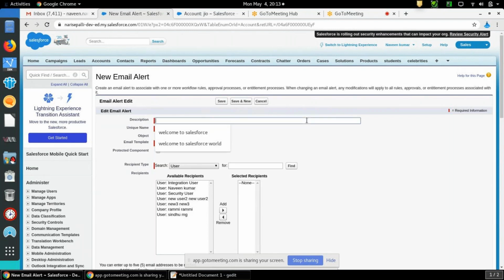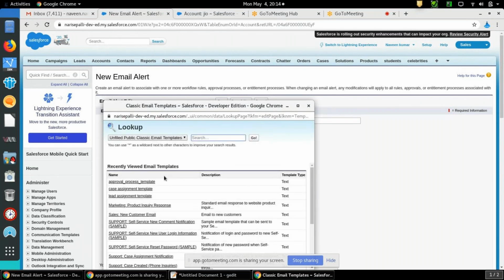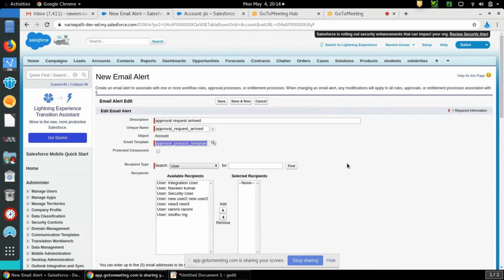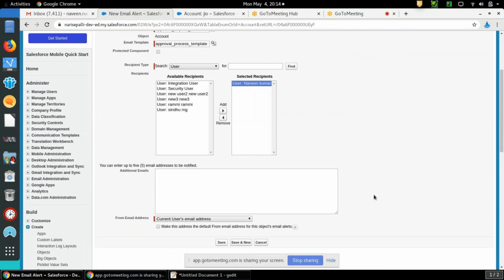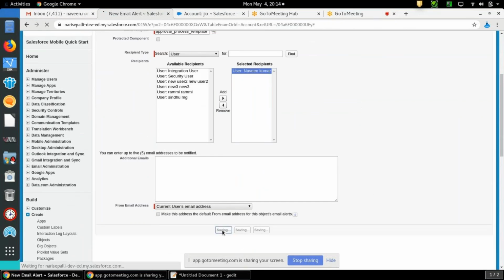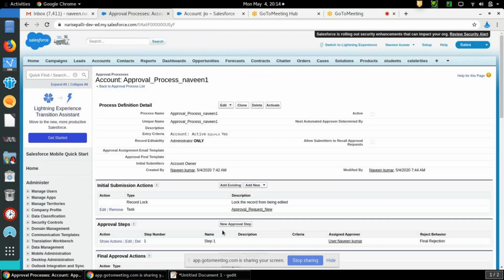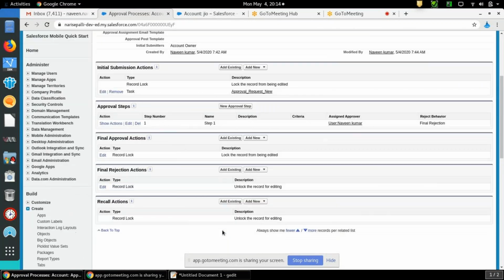So the approval request arrived. Selecting the email template, approval. I have created one email template for the approval process. I am selecting that, and the recipient I am selecting is me, so I should get an email. Okay, click on save. So the second action is completed.